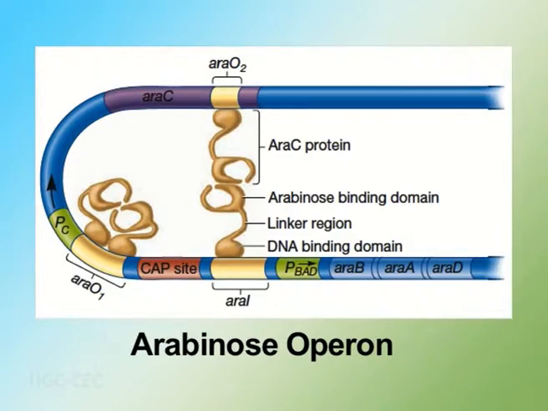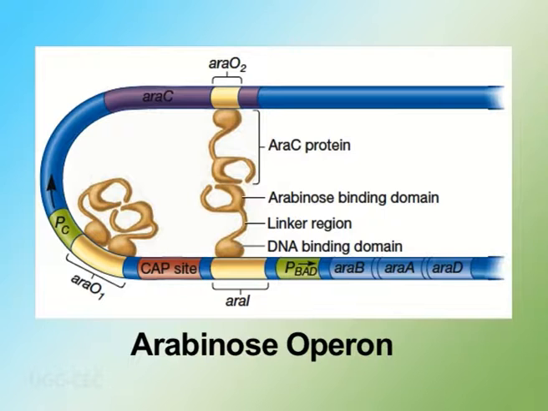Ara operon is a separate variety of operon because herein we will see that a single molecule called Ara-C can alone act as a repressor of the operon, and when it gets complexed with arabinose, it can act as an activator of the operon. If I look into the arabinose operon, it comprises certain structural genes, namely Ara-B, Ara-A